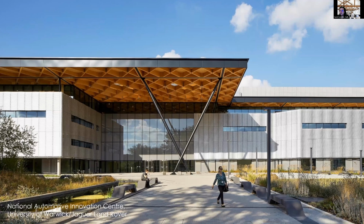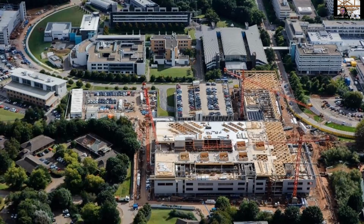But we can do a lot more sophisticated things with timber. We finished the National Automotive Innovation Center a few years ago at the University of Warwick, which houses research engineers from Jaguar Land Rover and Tata Motors, along with the Warwick Manufacturing Group. And this has one of the largest glulam and CLT roofs in Europe. I'm not sure about the world, but it's a real tour de force of engineering,